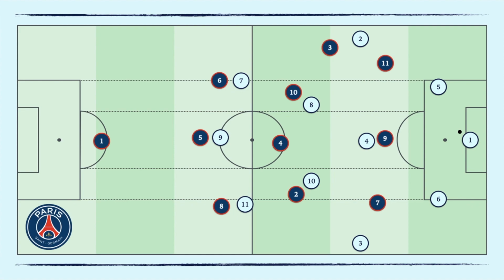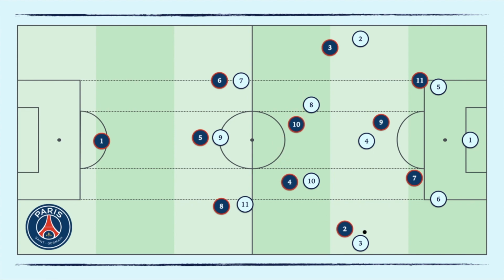As the ball is moved across, PSG's 9 will continue to screen, with the wingers pressing inwards. Direct opposing play over and towards the far fullback is then pressed by PSG's higher and now narrowed fullback. As seen previously, the rest of the attacking units then support across the pitch, locking the ball into the wide